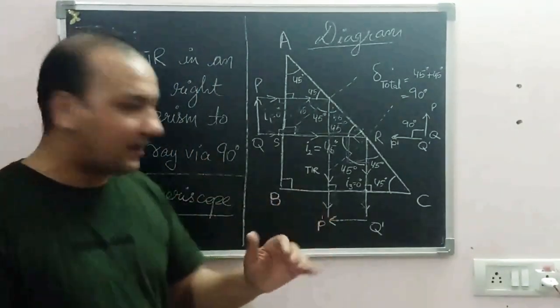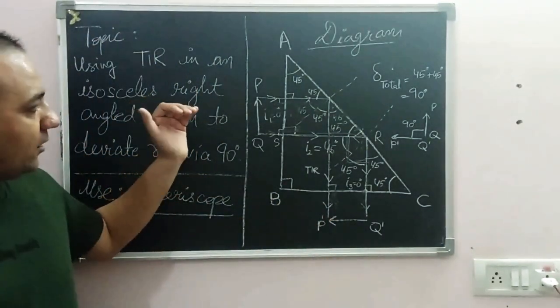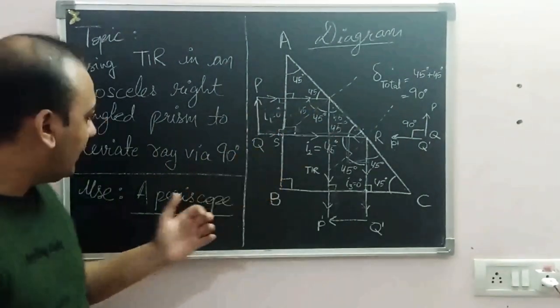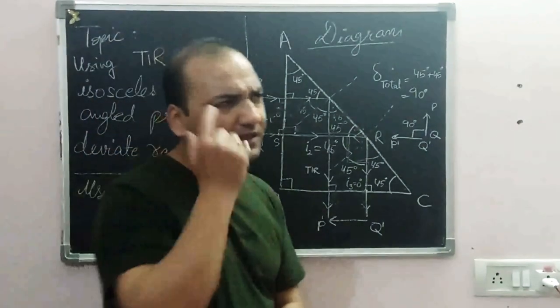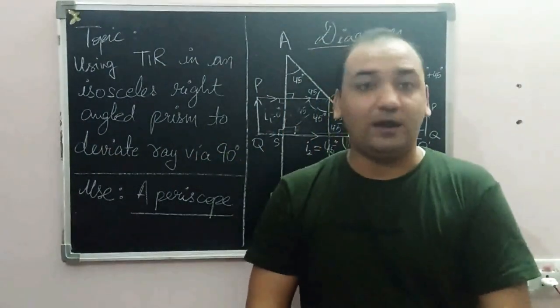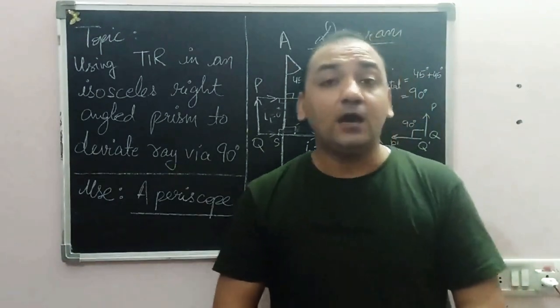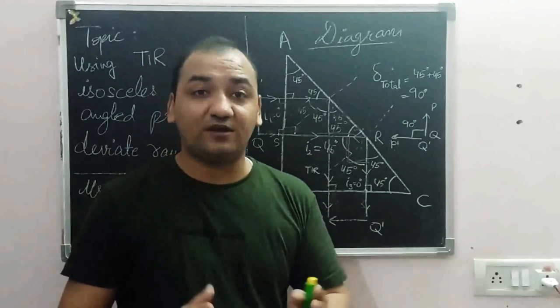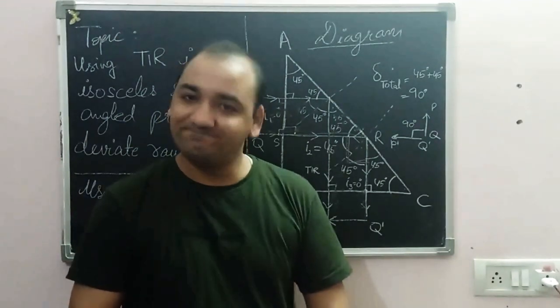But that is not the case with a prism. So that is why prisms do replace the mirrors. It's a very good question which is often asked: why is it an advantage to use a prism instead of a mirror in a periscope? That is because it has 100% energy transmission and there is no loss of energy. That's it for